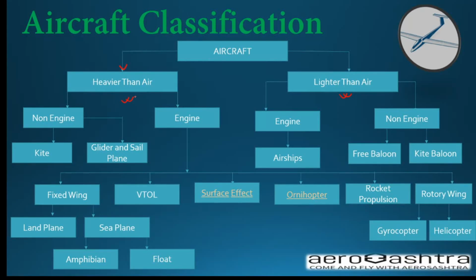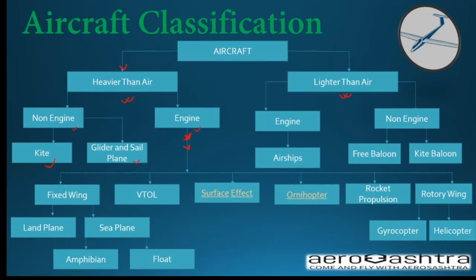So, again, heavier than air is classified in two ways, non-engine and engine. In the non-engine category, a kite, glider and sailplanes will come. We know what gliders and sailplanes are. And in the engine side, this is very much popular,